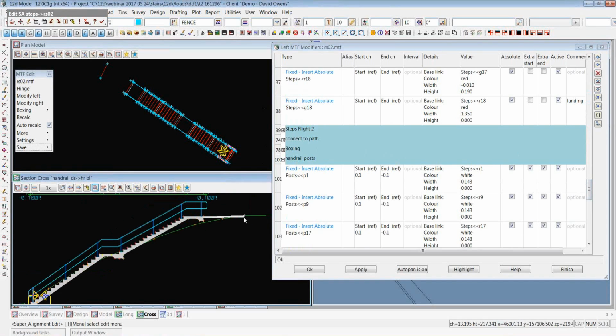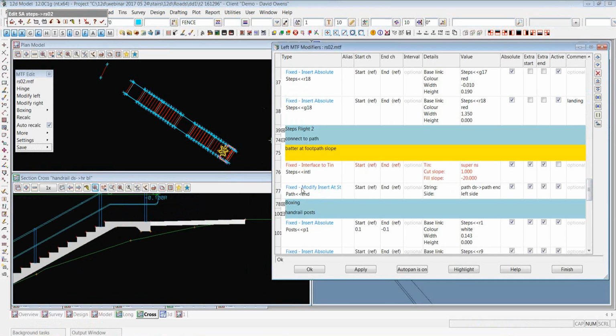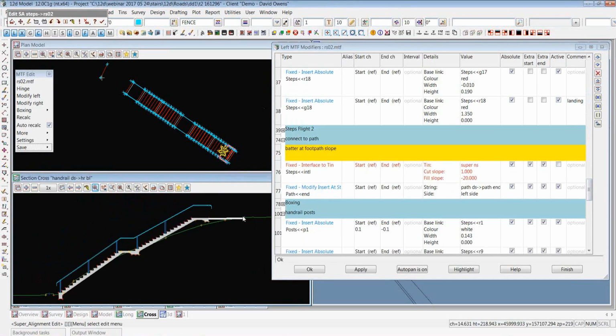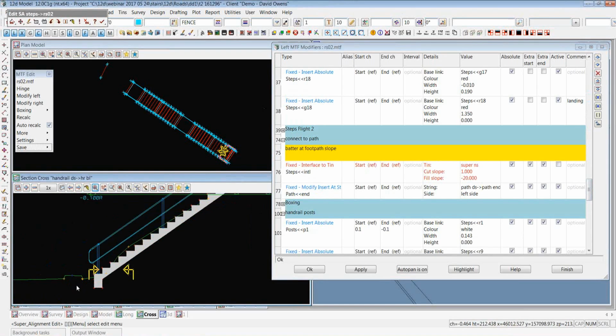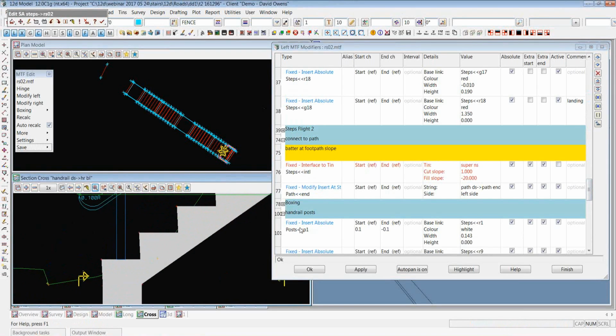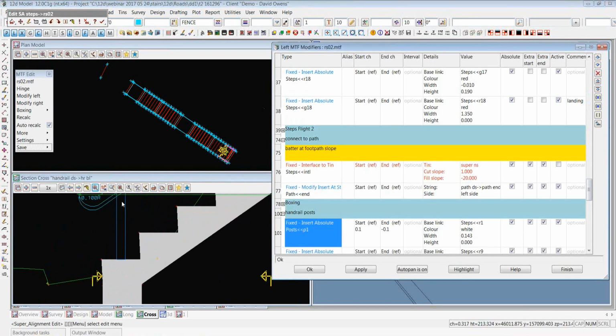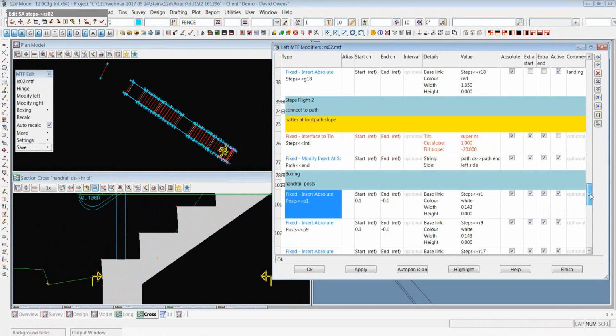Also at the end of this, just a couple of little modifiers, inserting a string which is matching into an existing footpath up the top. Another little sneaky bit that I did in this particular MTF was doing some inserts where I wanted to insert these posts for the handrails. How I actually generate the posts I'll come to in just a little bit, but because